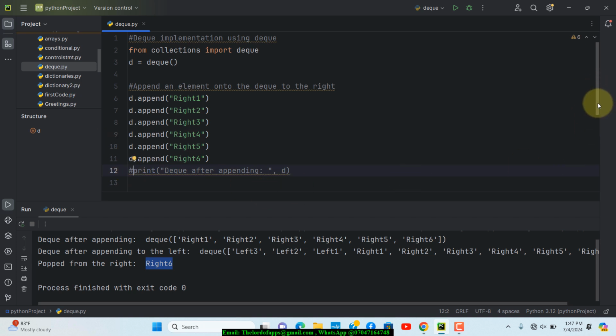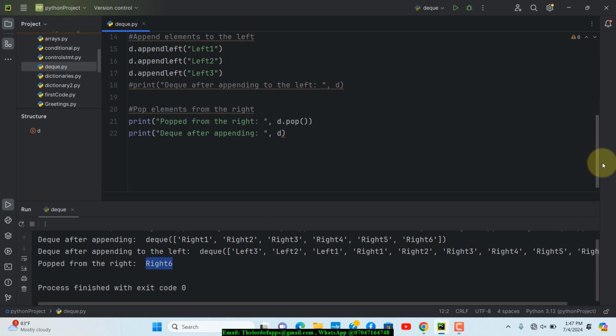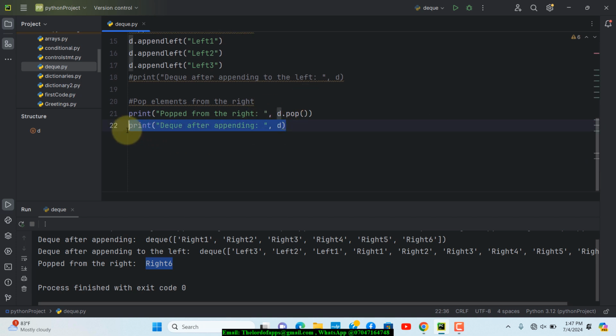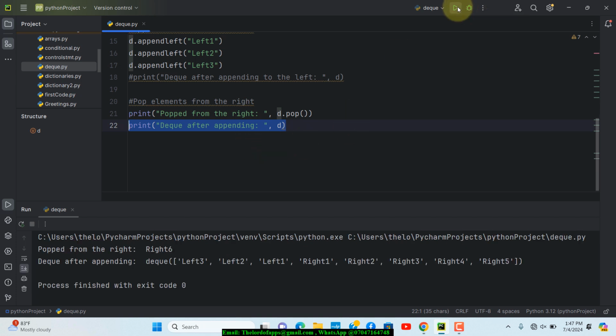Okay, so I don't want to have those 2 lines right there. However, I just basically want to see what is remaining after I pop. Okay, so I'm going to just save these. Yeah, so let's go ahead and run this. And then if you take a look at what is basically remaining right now, you're going to see that we have the queue. What is after we popped this particular line,